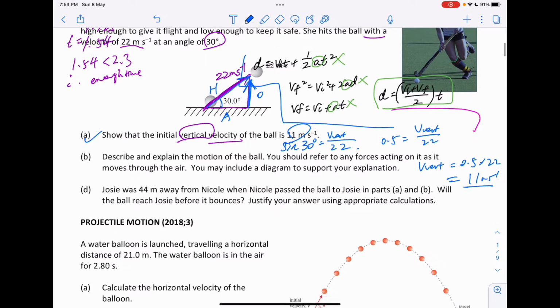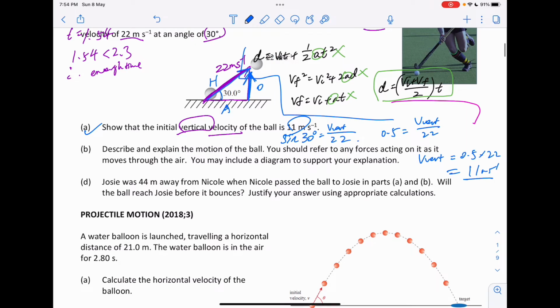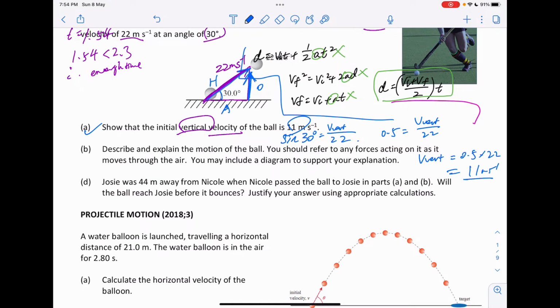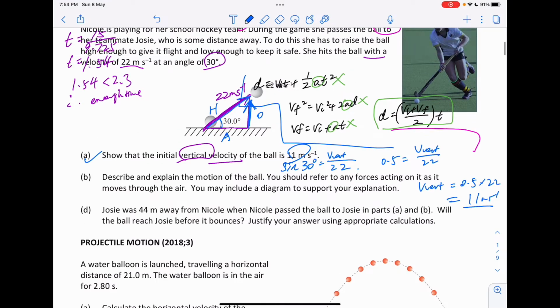Describe and explain the motion of the ball. You should refer to any forces acting on it as it moves through the air. You may include a diagram to support your explanation. So that's explanation. So we're going to say is